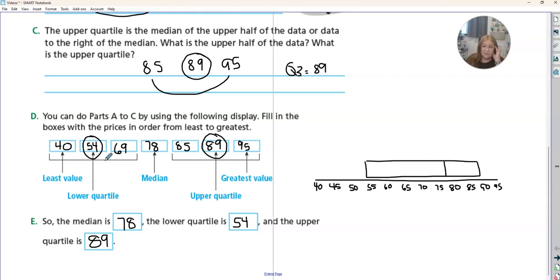Then the lowest value is 40. So we're going to put a dot there and connect. And our biggest one is 95 and connect. So what you do when you're making this is we're seeing how it's distributed. The smaller the section, that means there's more jackets that we can find in this price range. So we've got a lot of jackets here. We got a lot of jackets here. Now these sections are bigger. That means there's not as many jackets in that price range. They get more spread out and there's more jackets here. So chances of me finding